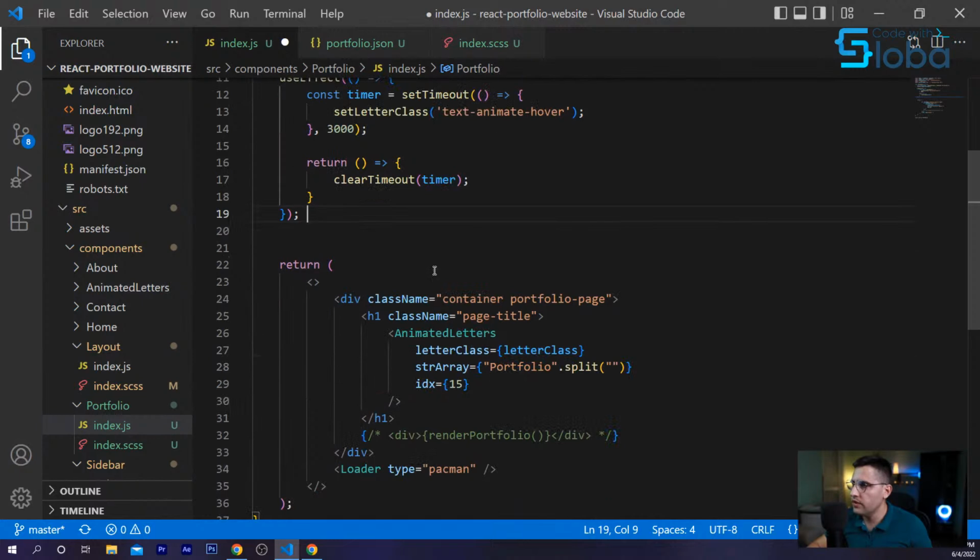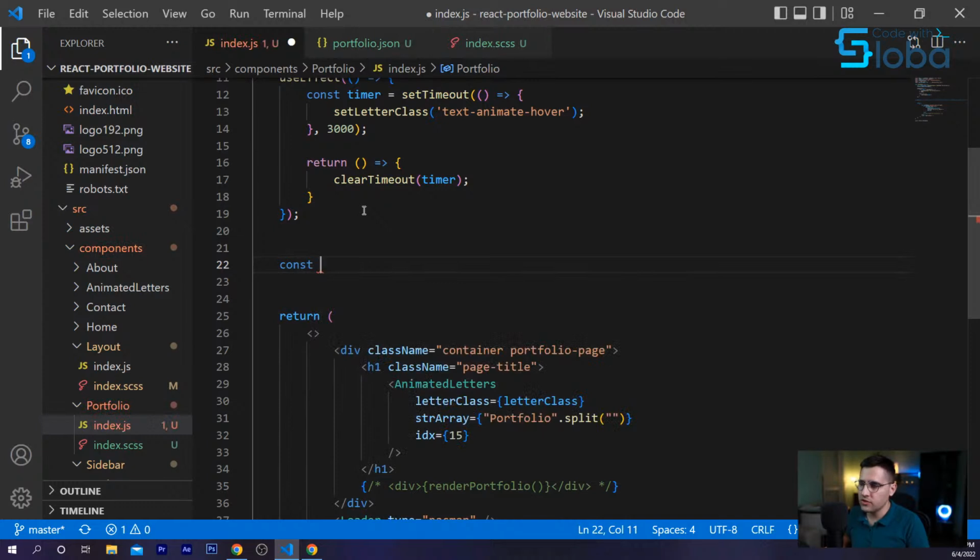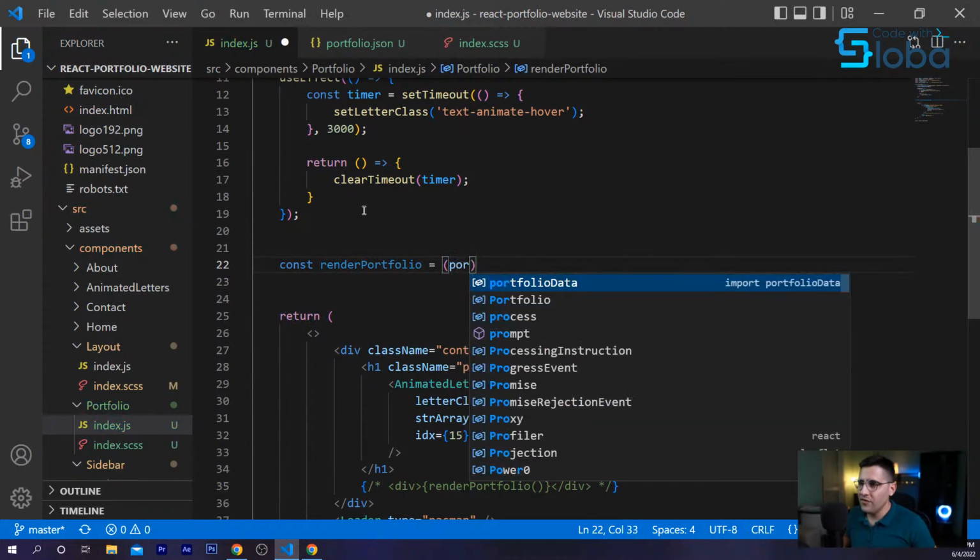Now we can continue with the render portfolio section. Okay. Finally, right. So create a const renderPortfolio, and this one is going to receive portfolio. I regret now because I haven't used TypeScript and styled components. It would be a much more modern tutorial, but that's something we can do later, right?